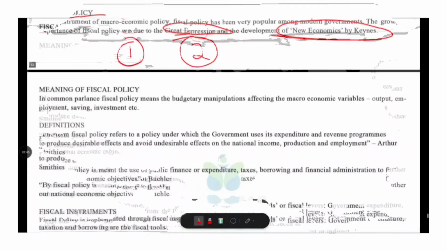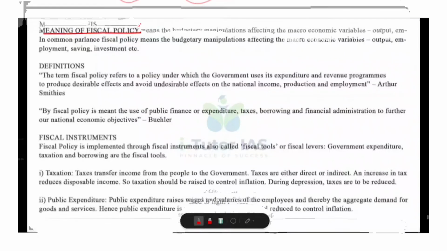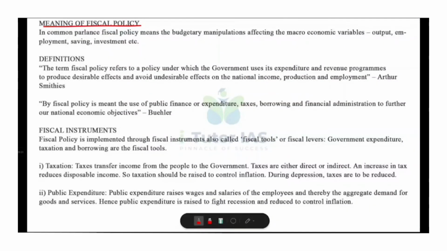Now, meaning of fiscal policy. When we say fiscal policy, we are basically talking about how the government adjusts its income and expenditure to influence the overall economy. But let's break it even simpler, okay? First, common parlance. What is called common parlance? In simple language, fiscal policy is equal to budgetary manipulation. This means the government uses its budget, that is taxes and spending, to affect big economic variables like output, employment,